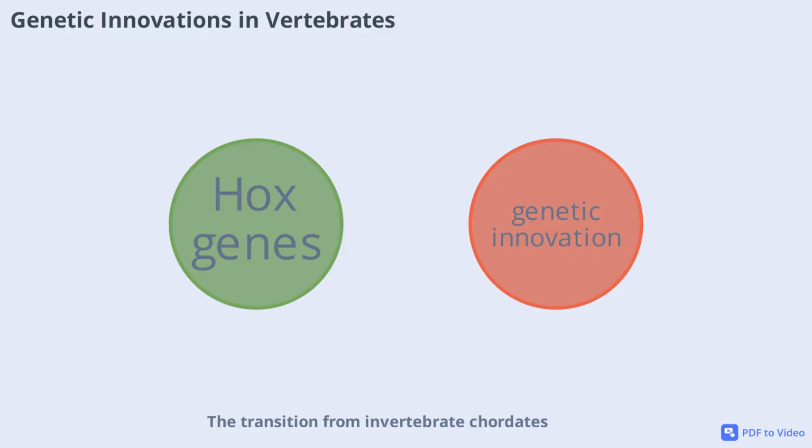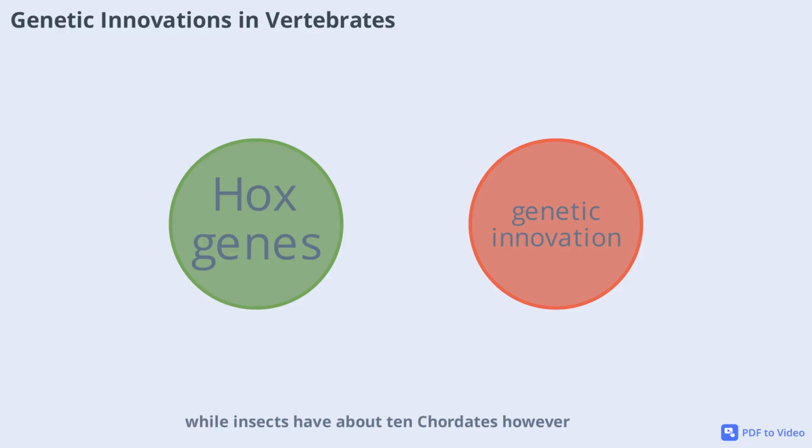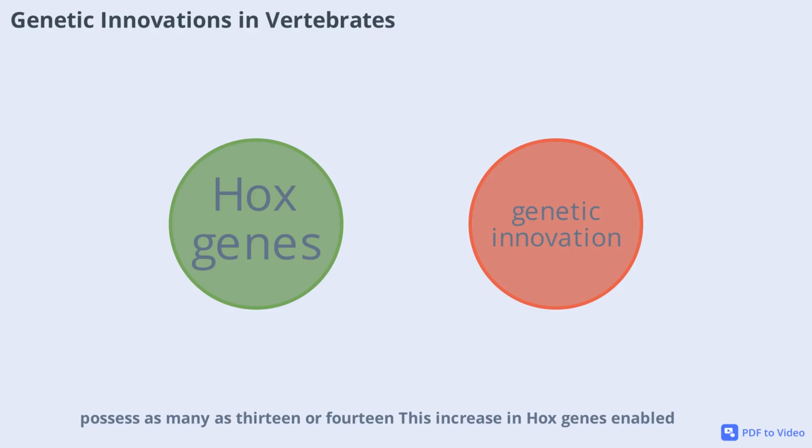The transition from invertebrate chordates to vertebrates involved remarkable genetic changes. One key factor was the increase in the number of homeobox, or HOX, genes. These genes control the development of body structures. Simpler animals like cnidarians have only 2 HOX genes, while insects have about 10. Chordates, however, possess as many as 13 or 14. This increase in HOX genes enabled the development of more complex anatomical features, paving the way for the evolution of